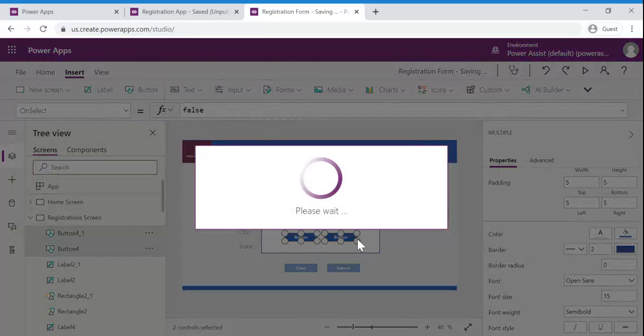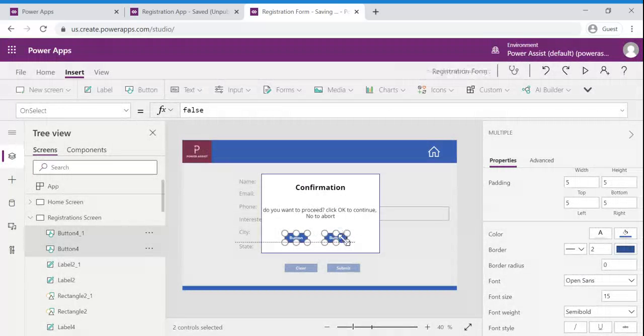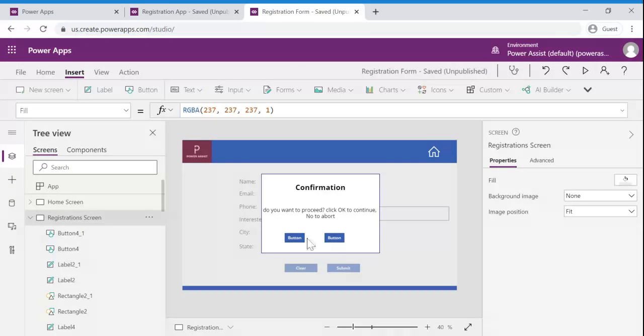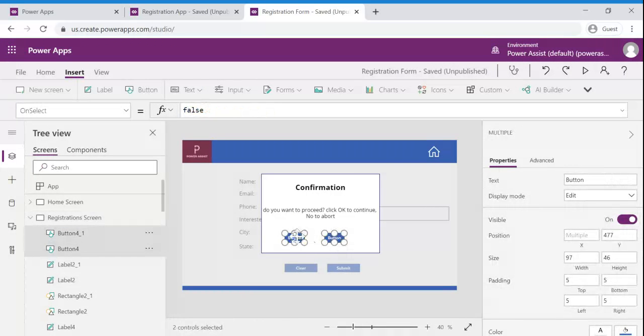And I am going to reduce its width since it's just two letters, and I'm just aligning it to the center. OK, No.